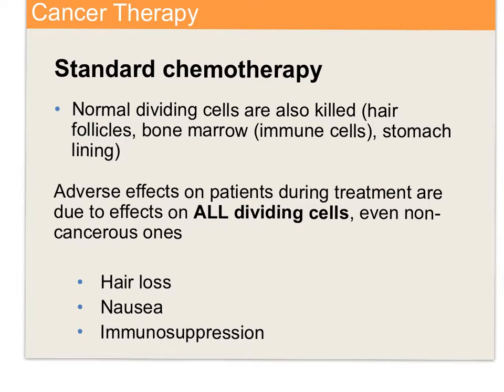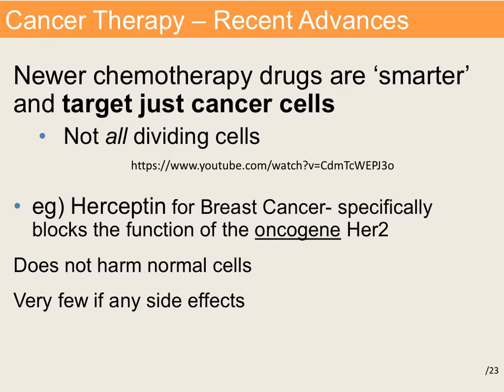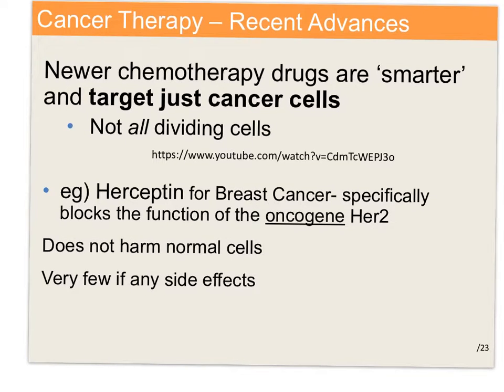Chemotherapy also tends to suppress your immune system as well. There's also targeted chemotherapy that just attacks cancer specifically. So there's Herceptin, and if you have this oncogene HER2, it's very effective against it. It may not last because, as you remember,